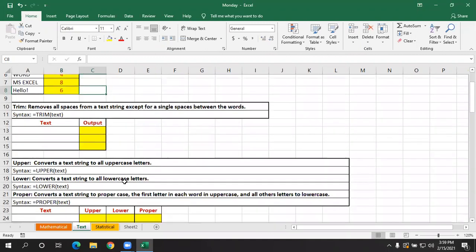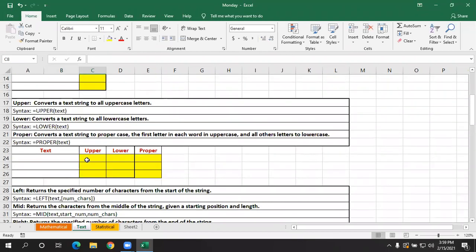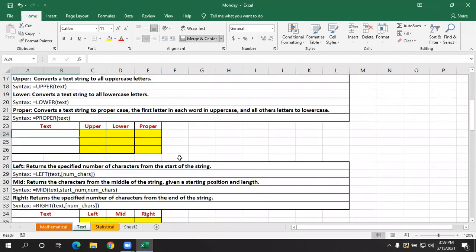Before going to TRIM, let us just check the UPPER function. I'll give here MSEXCEL. Now, it is in which case? It's not in any particular case, right?